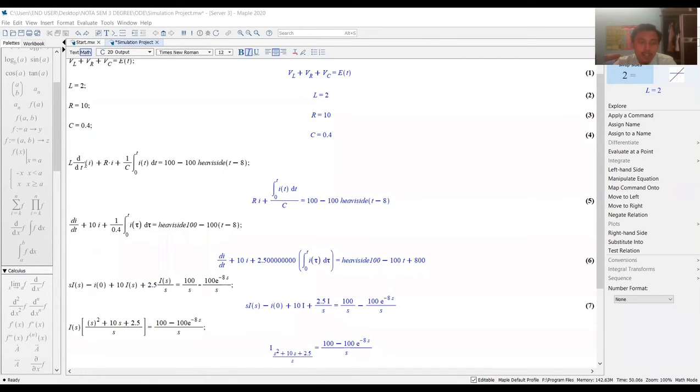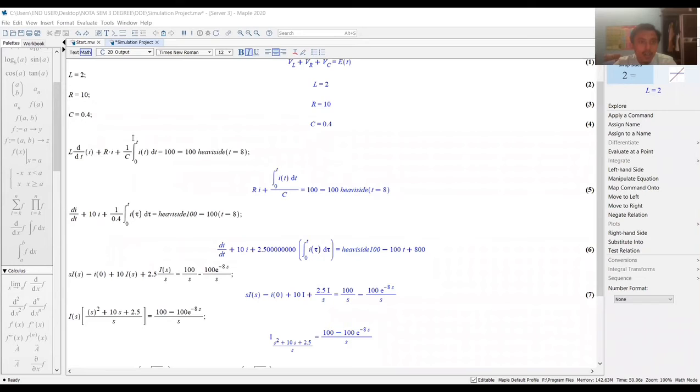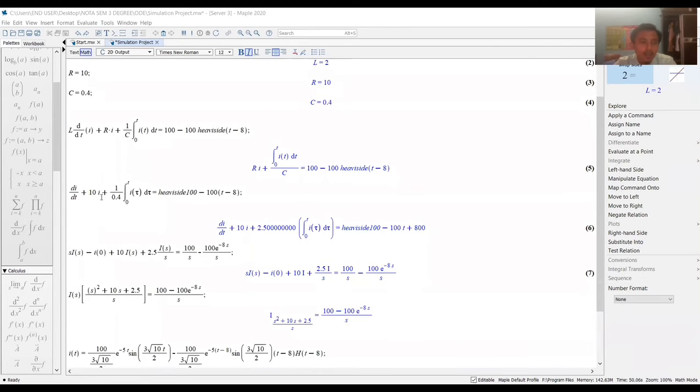Then we write the formula of the circuit, which is L di over dt plus R multiplied by I plus 1 over C, because it's a capacitor, integral of I(t) dt, equal to 100 minus 100 Heaviside in the bracket t minus e. From this formula, we get this result. Next, for step number 5 from the simulation, di over dt plus 10I plus 1 over 0.4